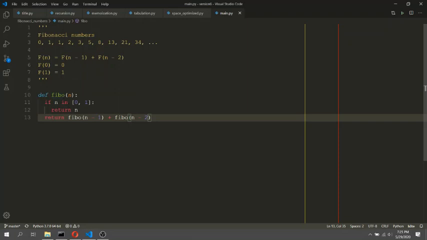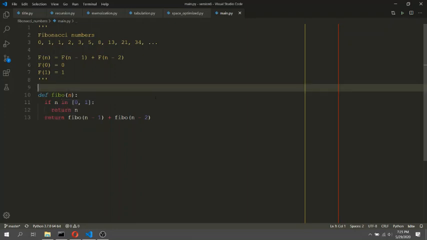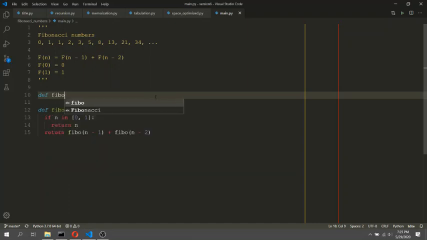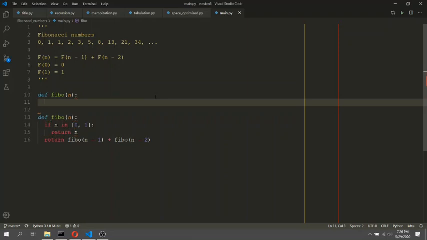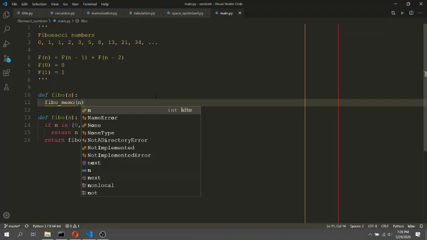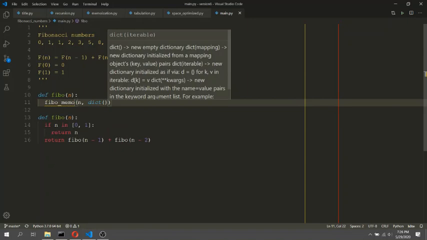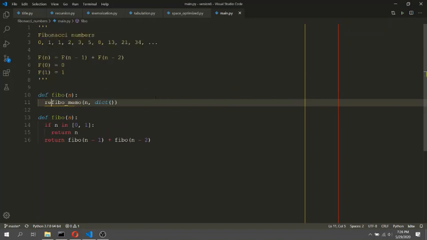Memoization also involves recursion, hence we can convert this 3 lines of code very easily into a memoization code. For that, we need to define one function with the same name, fibo. Inside it, it will call a helper function. We will name it fibomemo. It will pass the same parameter n, and it will pass an empty dictionary to it, and we will return the value that has been returned by this helper function.